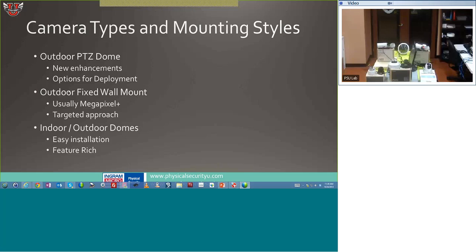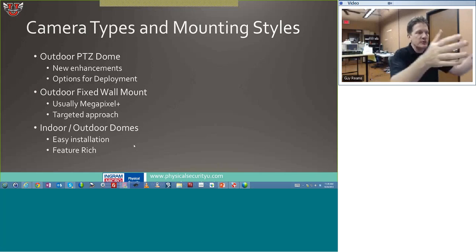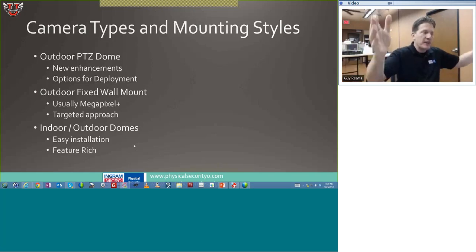Usually what I would do is I'd put a pan-tilt zoom camera right next to a fixed megapixel camera. So those two working in tandem are a great team. The pan-tilt zoom camera allows me to view all these little areas in a courtyard or in a parking lot, and the fixed camera zooms on the overall area. So when the fixed camera sees motion or sees some event occurred, the pan-tilt zoom camera can then be triggered